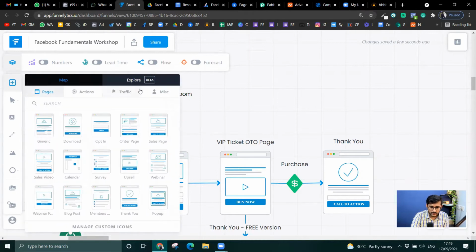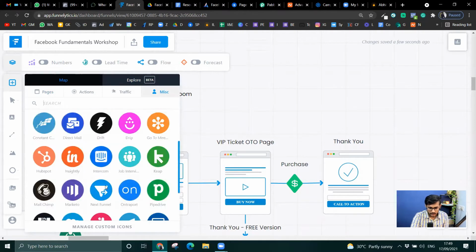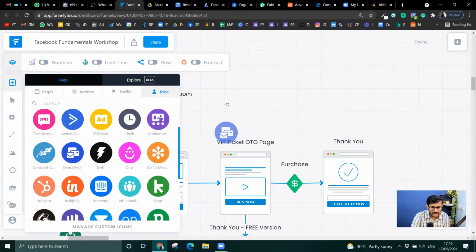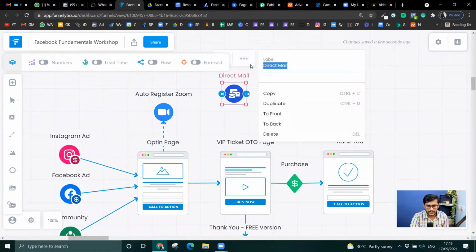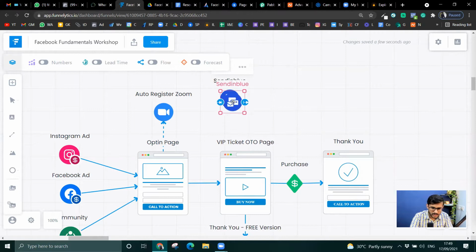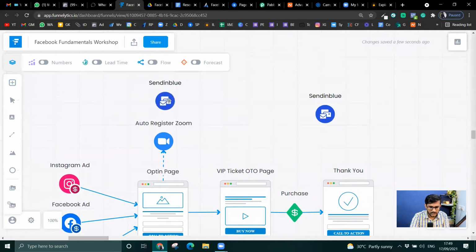Also, I want them to go into my Sendinblue account for emails, right? So I'll just drag this email guy here, and I will just say Sendinblue. I might want to make a copy of it later, because I want this guy in multiple places. So now I have just made it here, and I'm just keeping it on the top.